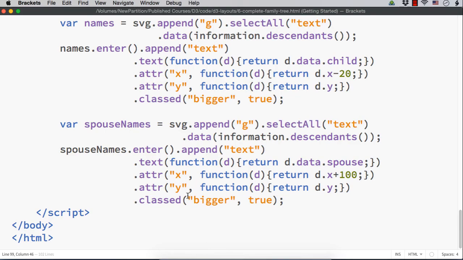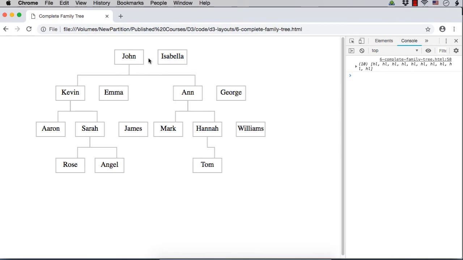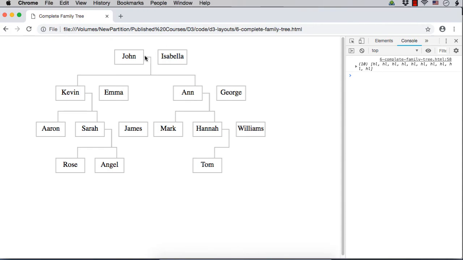So if we could draw a horizontal line from this point, having 60 pixels, then it should draw a line from here till the middle. Let me show you that. Let me save this. See, now it has drawn a line up to this point. It is actually starting from the middle, but as we have set the fill color to be white, it is not being displayed. So in effect, the line is from here till here.